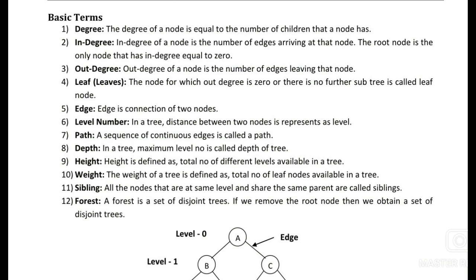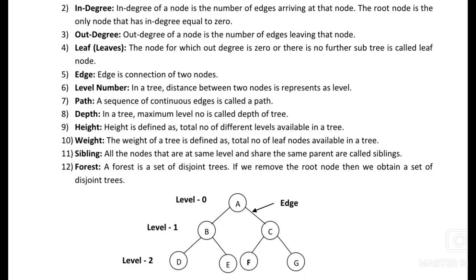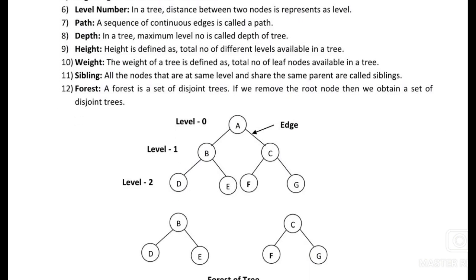It means કે જ્યાંથી આપણા નોડ્સ કમ્પ્લીટ થતા હોય છે અને એની આગળ કોઈ પણ ચાઇલ્ડ નથી આવતું, ત્યાંથી કમ્પ્લીટ થઈ જાય છે, આઉટ પણ નથી થતું, તો એને આપણે આઉટ ડિગ્રી કહીશું. Then leaf. A leaf node has degree 0 and there is no further subtree. Edge means connection, એટલે કે A અને B ને કનેક્ટ કરવા માટે જે આપણે આ લાઇન ડ્રો કરીએ છીએ એને આપણે એજ કહીએ છીએ. Then લેવલ, એટલે અહીંયા તમે જોવો છો A લેવલ 0માં છે,